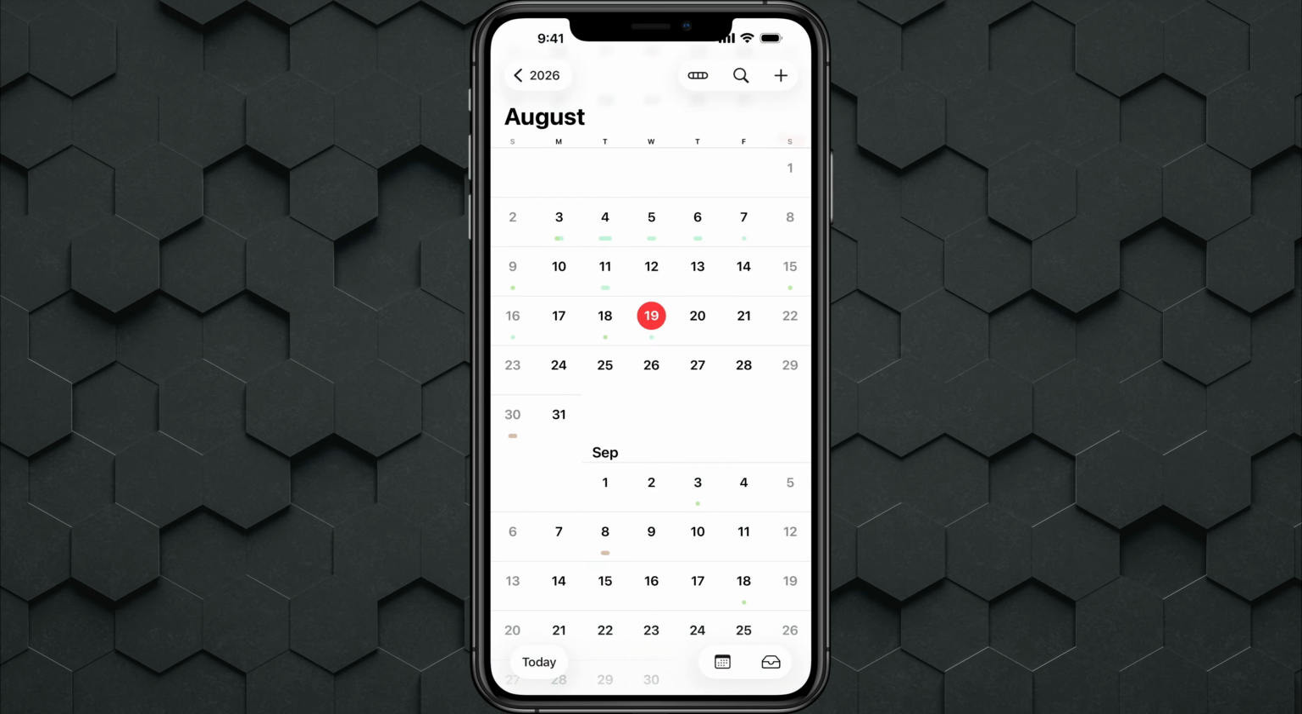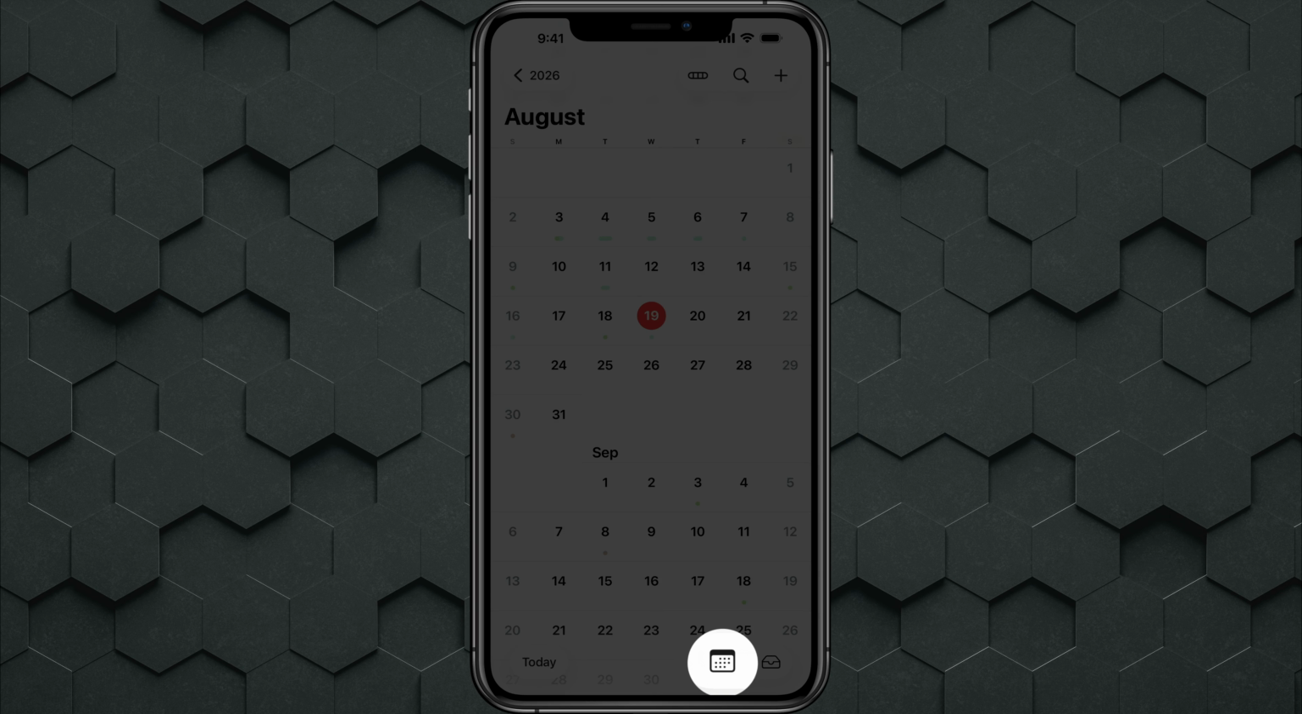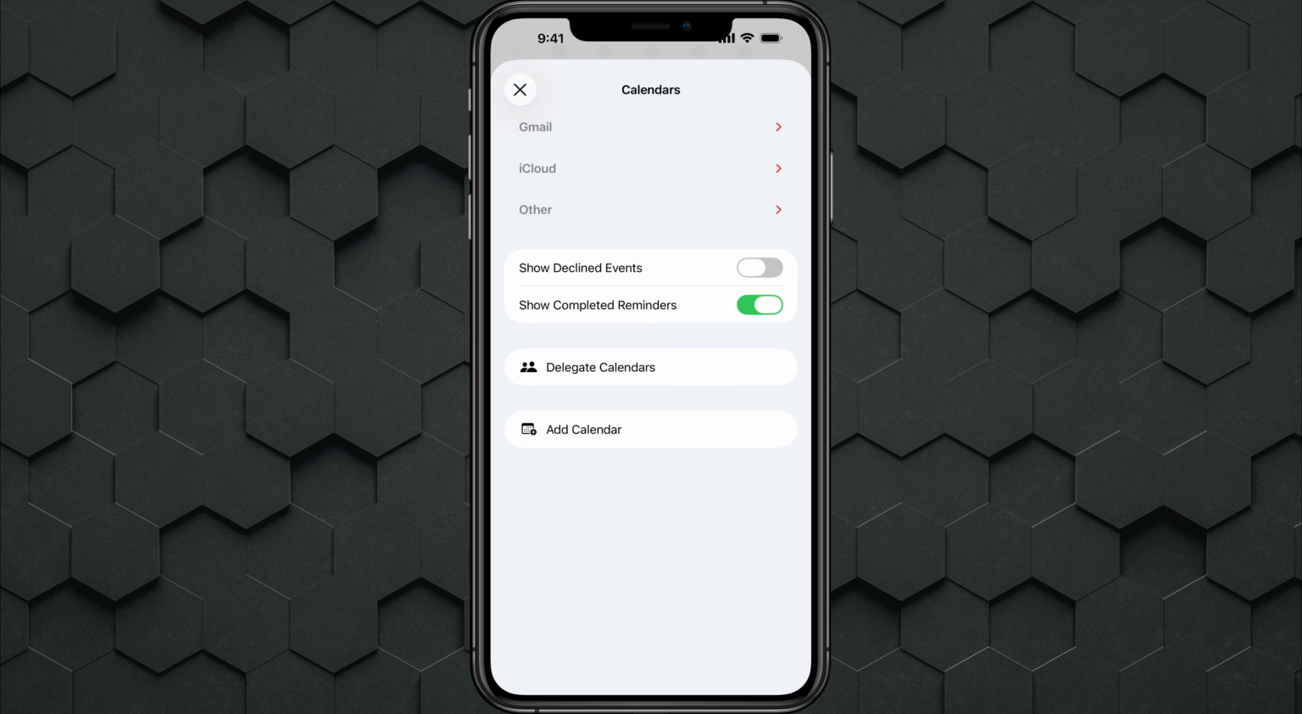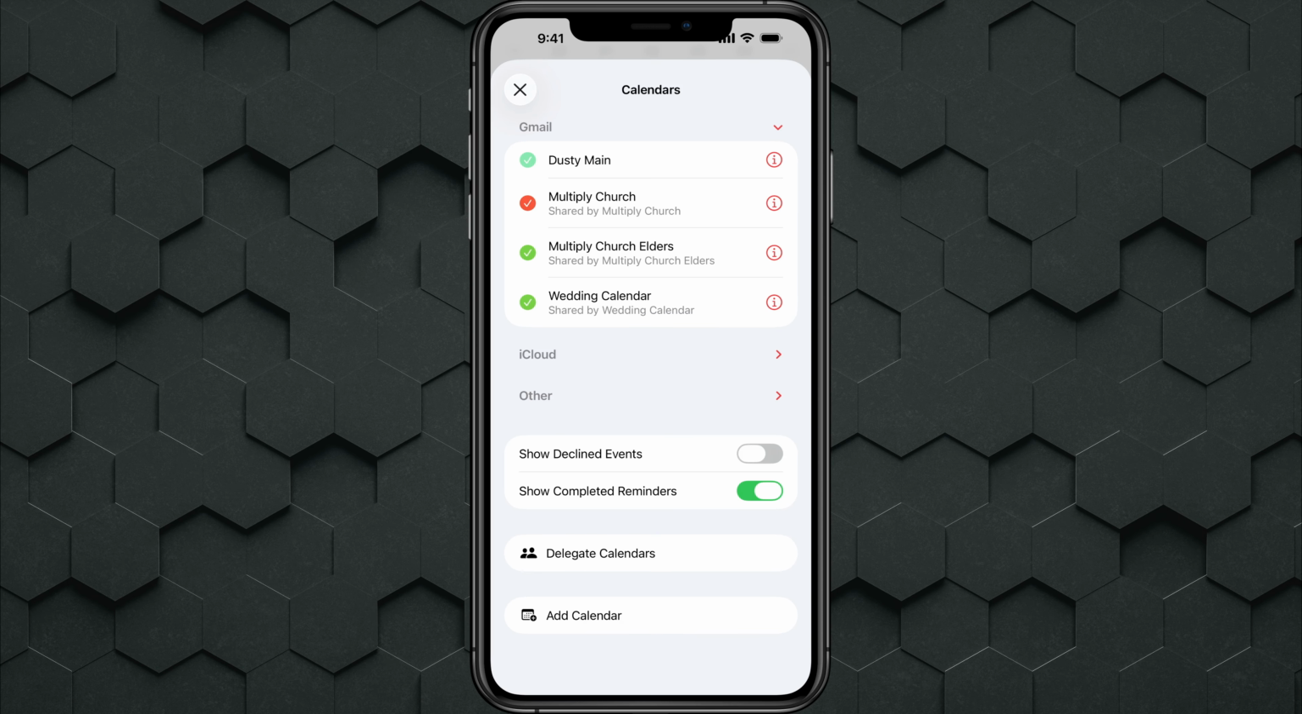Now, if we go back to our Apple Calendar like I have here, you're going to see a small calendar logo in the lower right-hand corner. Tap into that there. Now you're going to see at the top or somewhere there's a Gmail account. So what you want to do is tap into that and make sure that all of the calendars within that